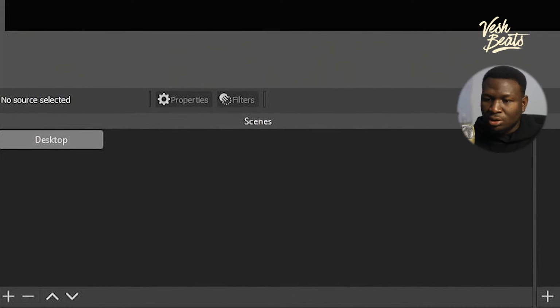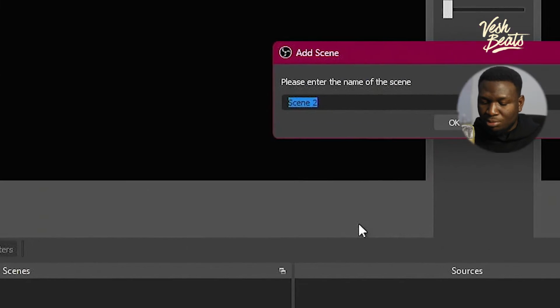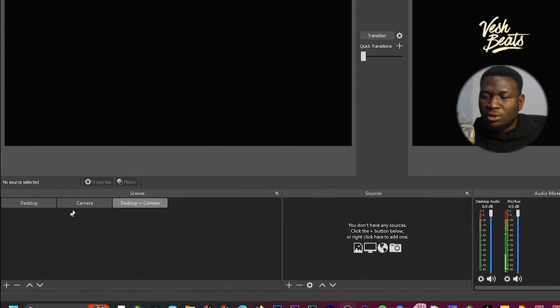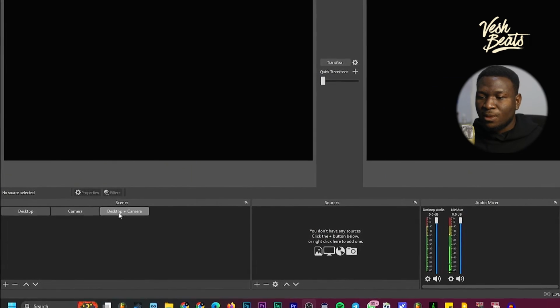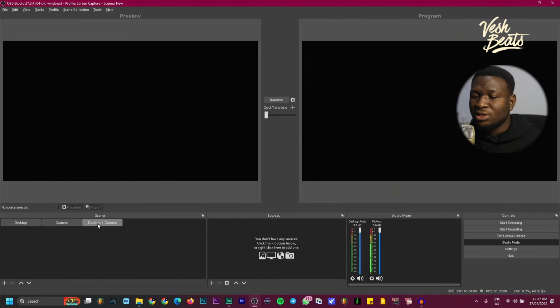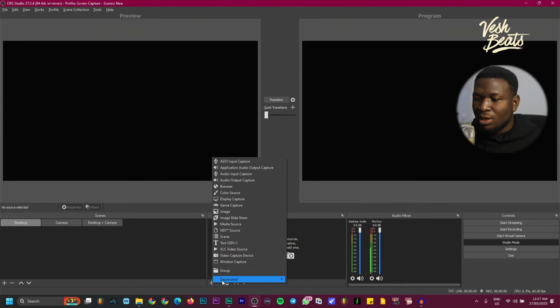desktop. Okay, then we can create another scene and probably call it camera. Okay, we can go ahead and also create a different scene and call that one desktop plus camera. All right, desktop plus camera. So these three different scenes we've created, we're going to put different sources in these different scenes. Okay, so for our desktop sources, we'll go ahead and click plus and select the option that says desktop display